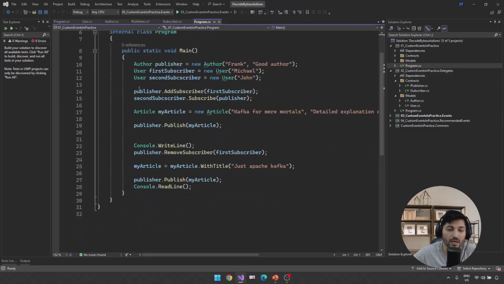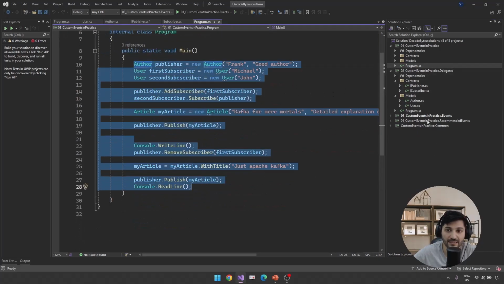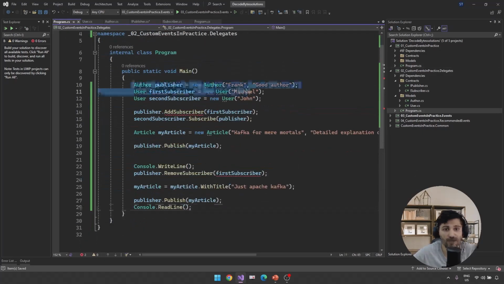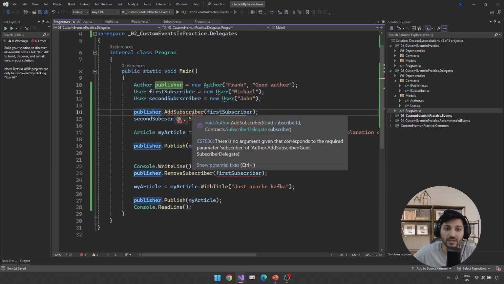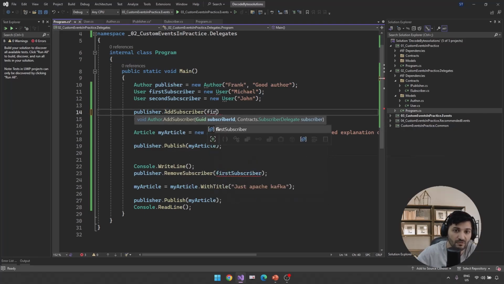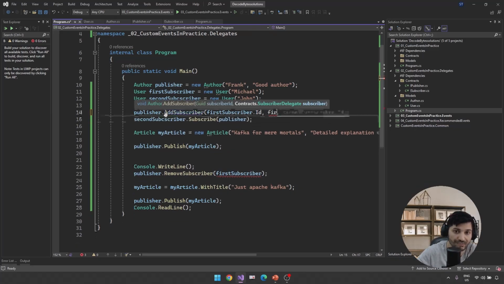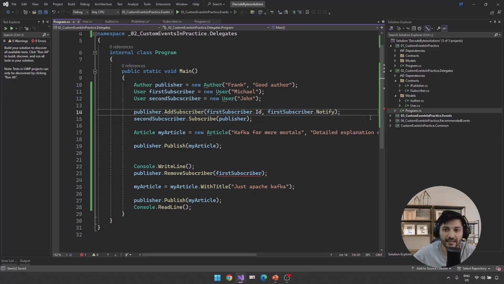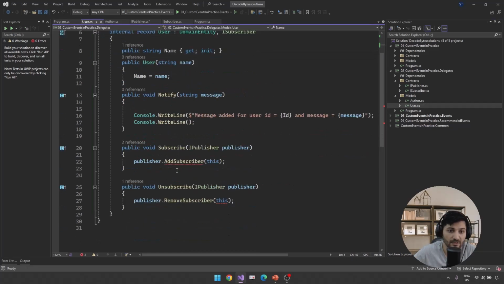Now let's go to our first Program.cs implementation. Let's copy and adapt our changes. Now I have author and user. For the publisher, I have a different signature here. It is going to be add subscriber with first subscriber dot ID and first subscriber's notify method. Cool. And for the subscriber implementation, we also have some changes because we don't have a subscriber delegation